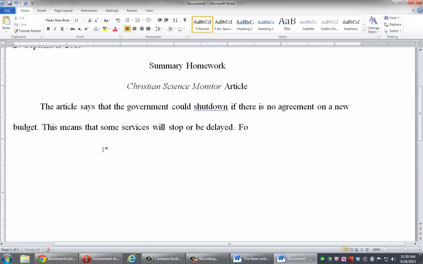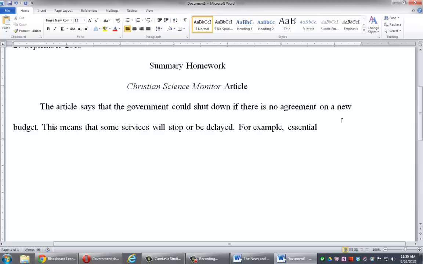For example, I'm looking at my word count, 44 words. I might have to cut some stuff out later on, but I'm just getting this down just so I know. Shutdown is 2 words, apparently. All right. For example,